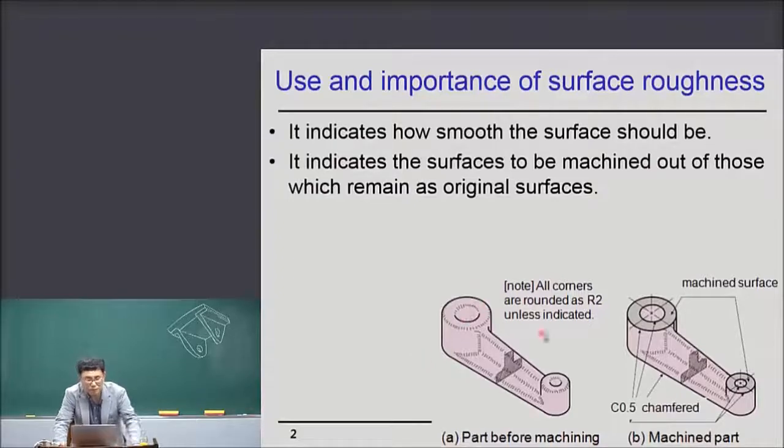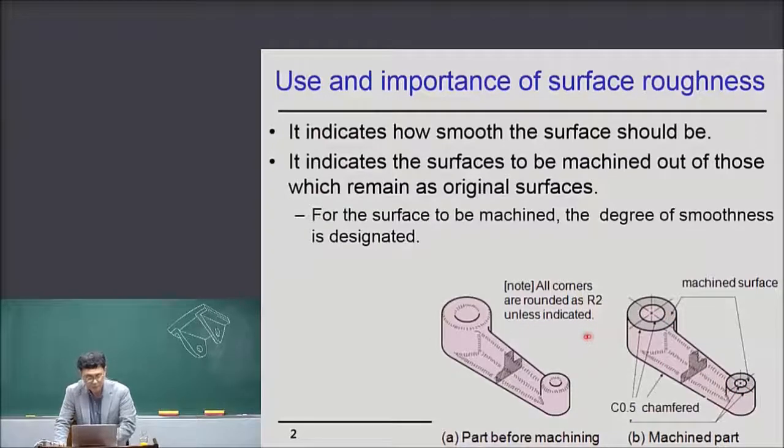Since I explained before, this is the part before machining. This is a workpiece generated by using the casting technology, something like that. So all surfaces are smooth, but considering the function of this part, some part of the workpiece has to be machined like this. So, in this case,